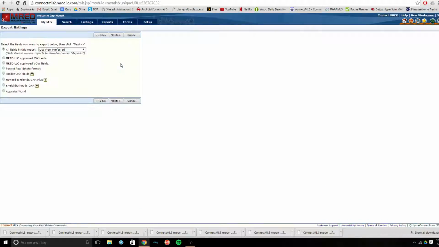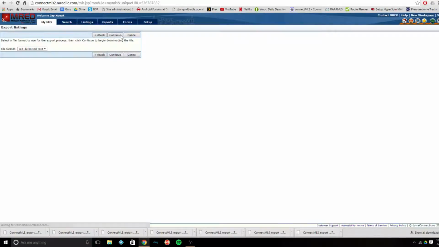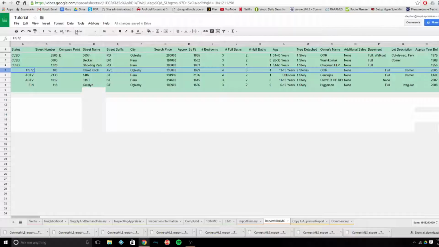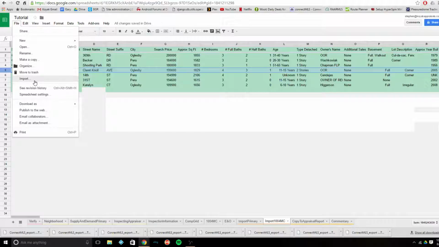I want to select next. Drop down to download for market conditions. Select next. Continue. Then I have that pop up down here at the bottom. So I go back into my tutorial sheet and then my 1004MC import tab, or import 1004MC, excuse me. You file, import,